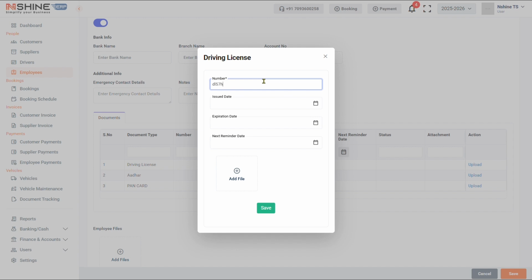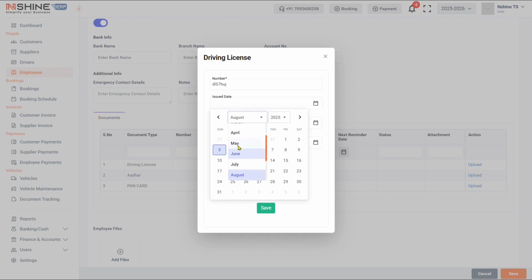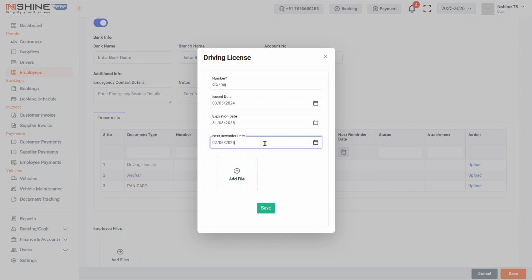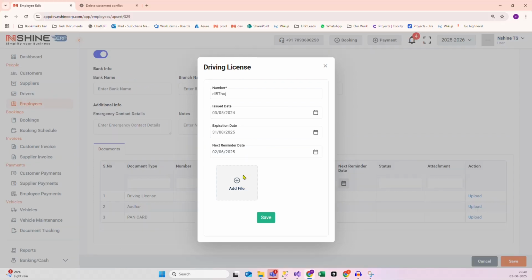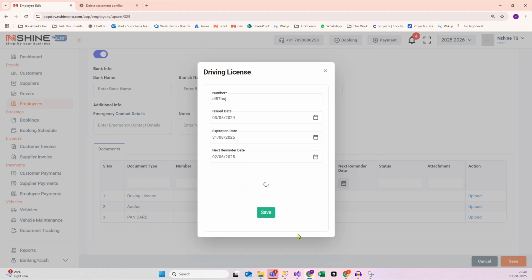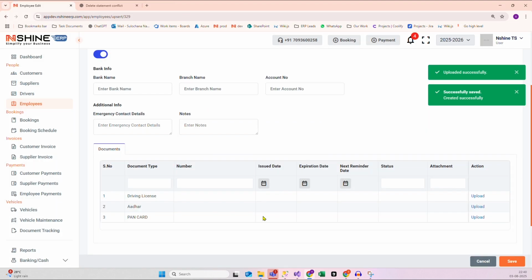Maybe some random number I'm just entering, and the issue date is maybe last year, May. Now the expiration date is this year, somewhere around this month end. And the next reminder date, it is saying that it will be triggered in June or something like that. So you'll get a notification here. Now I'm uploading the document. Likewise, you can upload the document. On clicking save,